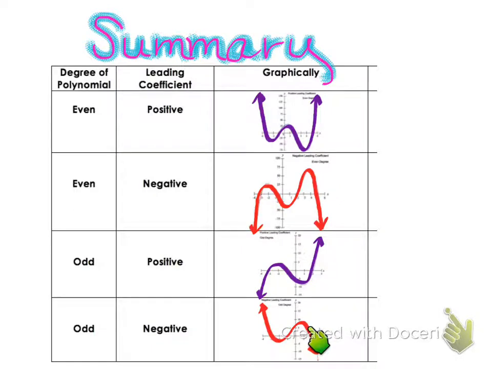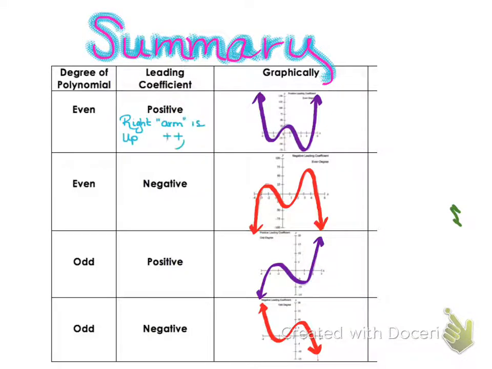Okay, so all you have to know is that odd degree equations have opposite end behaviors and even degree functions have the same end behaviors. So let's look at a few examples. We've got to write down a few things. Go ahead and write these